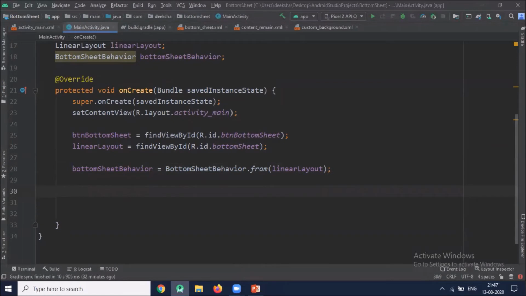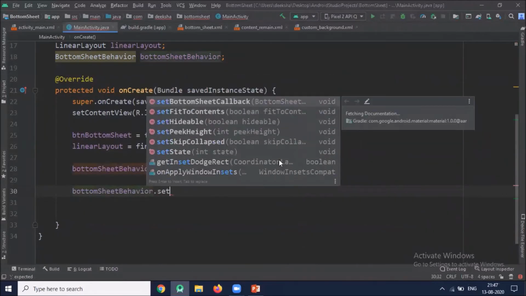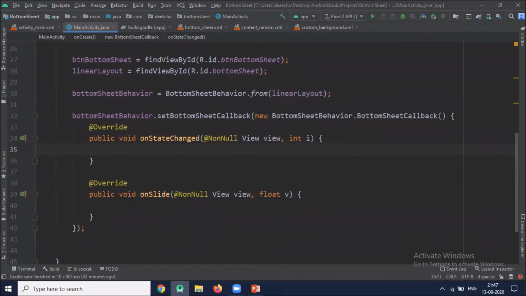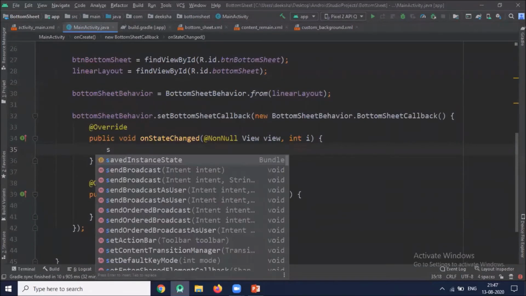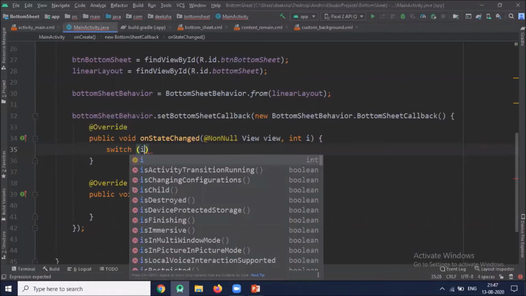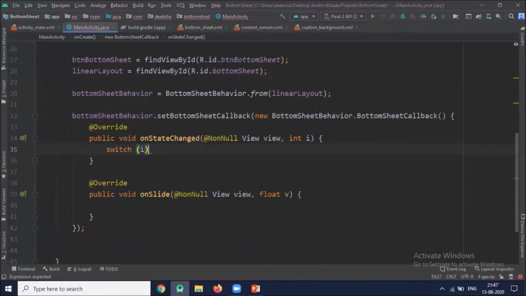Now we will work on bottom sheet state change listener. Now here we are going to change the text of a button when it changes state.